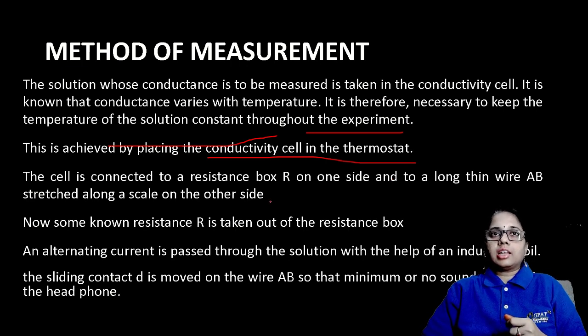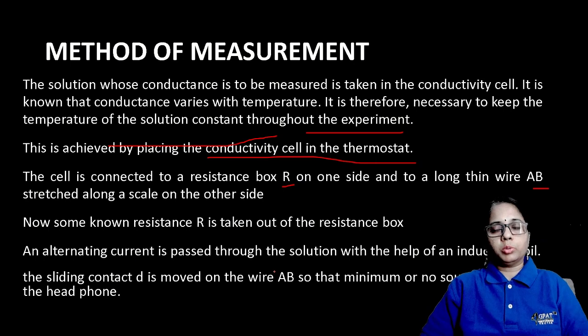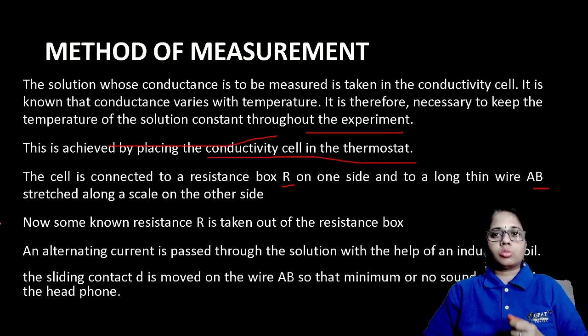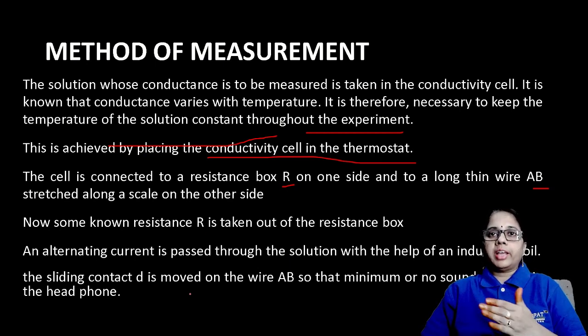The cell is connected to a resistance box, that is R, on one side, and to a long thin wire, that is AB, stretched along a scale on the other side, what we have seen in the previous slide. So now some known resistance R is taken out of the resistance box. Okay, so whenever the mobility is going to take place, the resistance is going to build up. So an alternating current is passed through the solution with the help of an induction coil. Okay, so the sliding contact D is moved on the wire AB